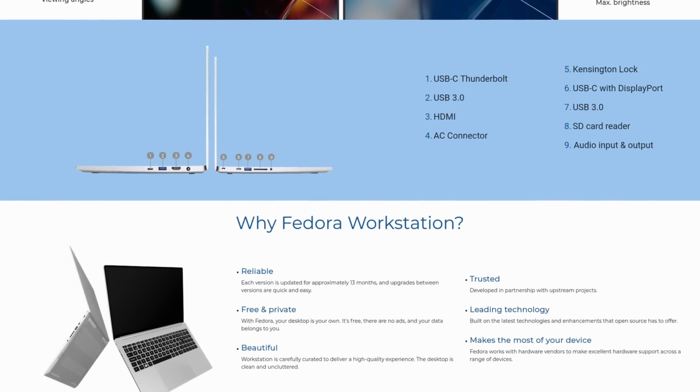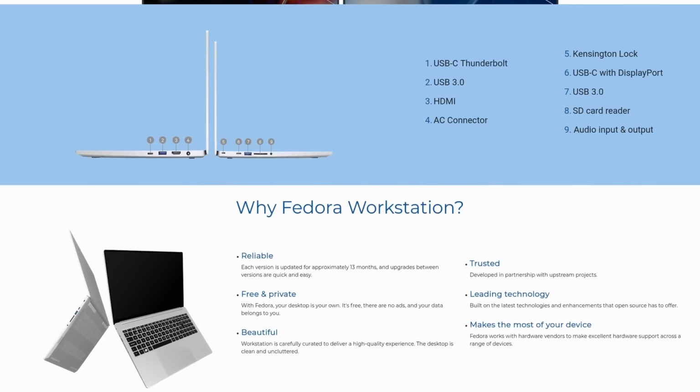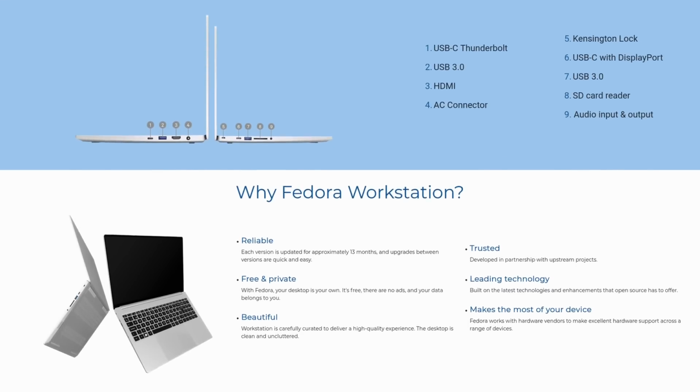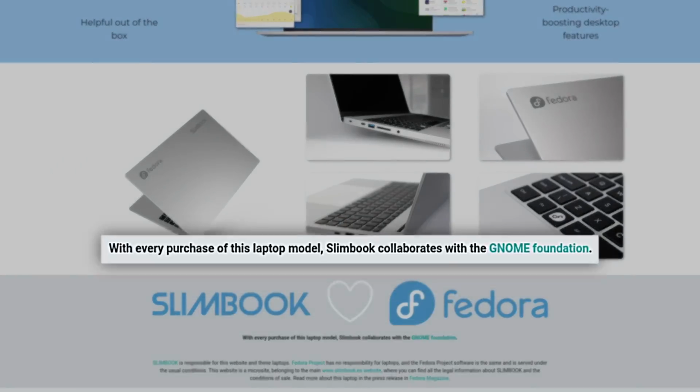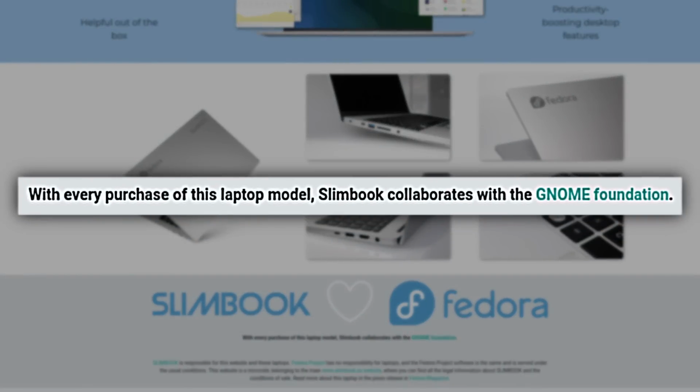It also contains a Fedora branding, including a branded super key, which is always nice to see. And just like the previous Fedora Slimbook, 3% of the revenue will be going to a donation for the GNOME Foundation. I would prefer that to be on other than just one. I mean, it's good to be on GNOME. I just think it'd be better to be on GNOME and others, not just one third-party foundation.